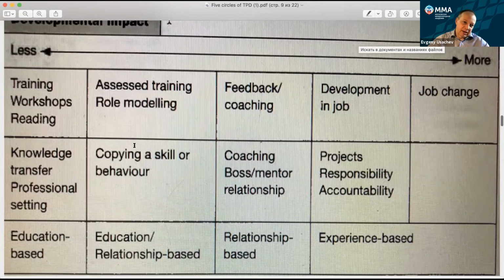Some of them on the left are not so influential, I would say, such as training workshops, reading, knowledge transfer, professional setting, and on the other hand, those on the right make a bigger impact. For instance, development in job or experience-based development, things like that. So ideally, we have to balance that.